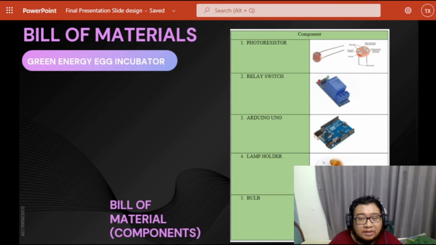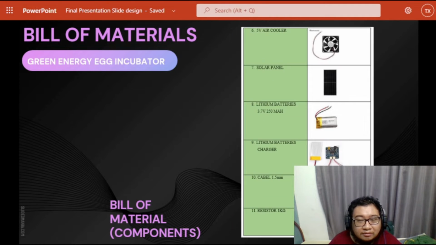Next, we are using the relay switch to turn on and off the electricity. Next, we are using the Arduino Uno as a brain for our project. Then we are using the lamp holder to hold a bulb, and then we use a bulb to heat up the container inside. Then next, we are showing the 5-volt air cooler which is used to cool down the air inside